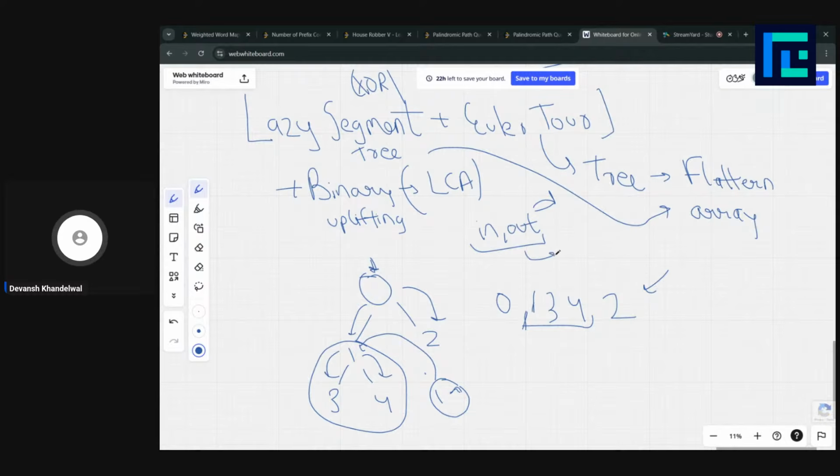This in and out time, if you are using it as a black box, would tell us how many elements on the right of it are in its subtree, right?